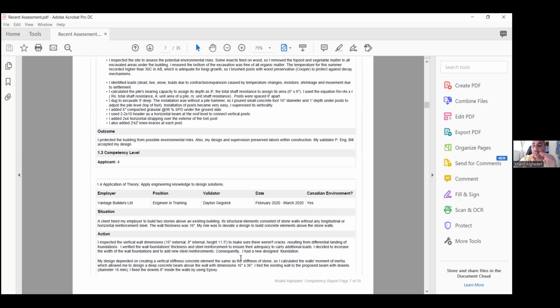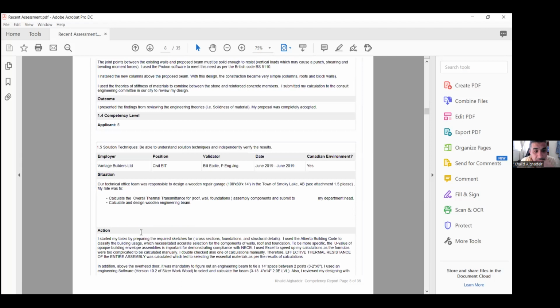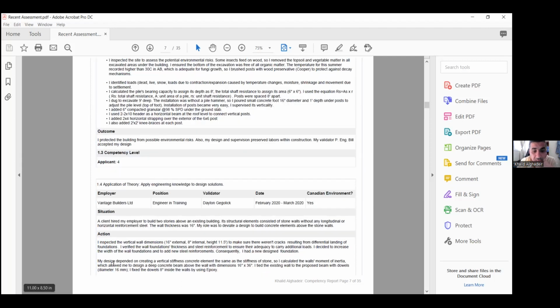Then I write everything, and after that I try to adjust, to delete something, shrink something, but at least the reader has to understand the idea. Now, my design depended on creating a vertical stiffness concrete element the same as the stiffness of stone. So I calculated the wall's moment of inertia, which allowed me to design a deep concrete beam above the wall